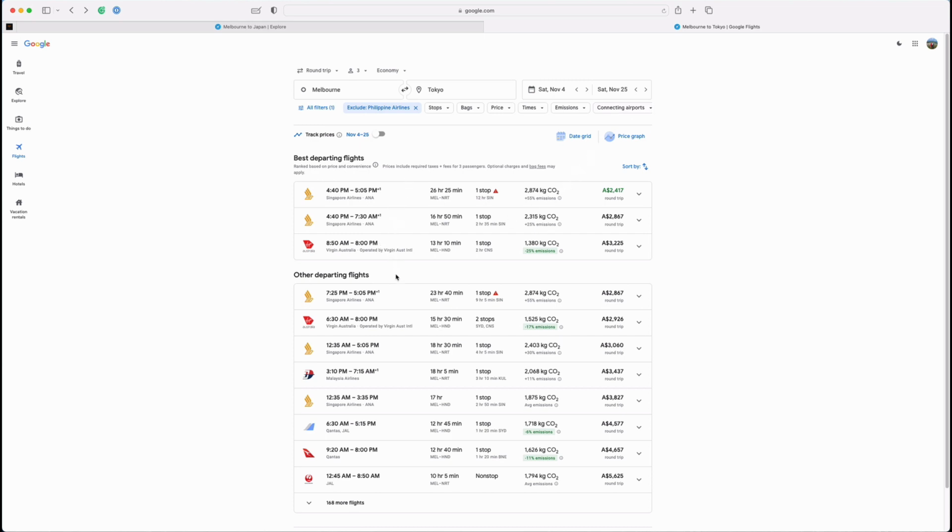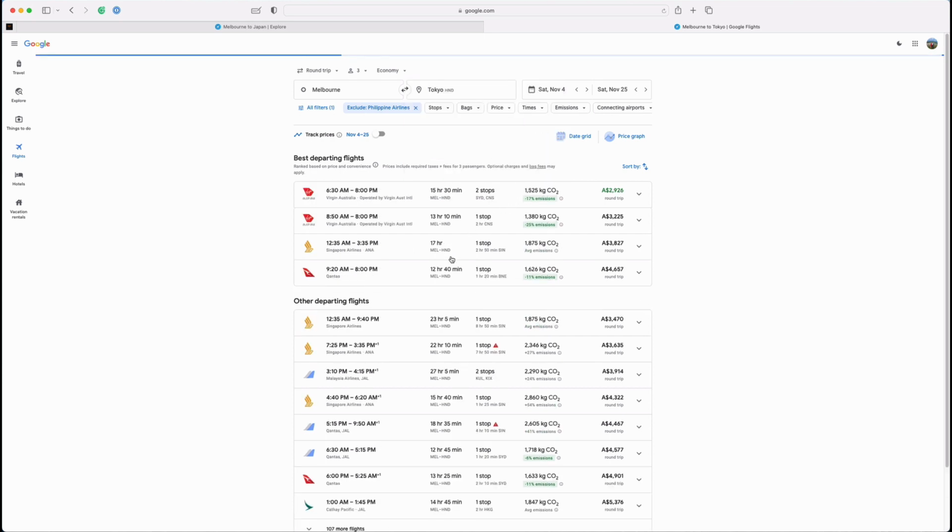Firstly, there's a specific airport in Tokyo we actually want to go to. There's two airports in Tokyo, and Narita is a long way outside of the destination. So I'm now going to choose Haneda, which is going to narrow down my options even further. You can see the flights have started to go up a little bit now because we're going to the closer airport. Now, my top option here is 2,900, and this is looking pretty good until I see that